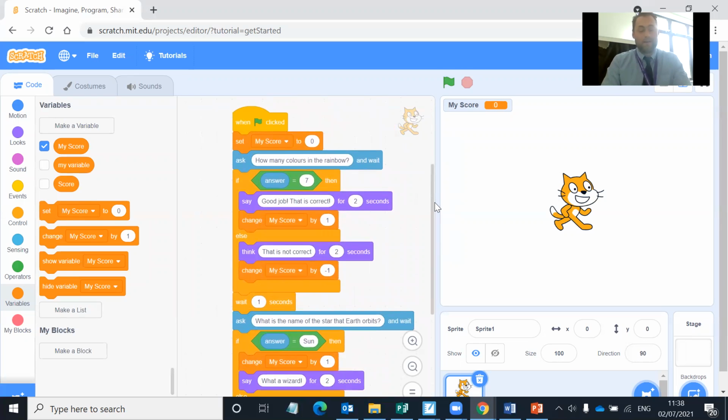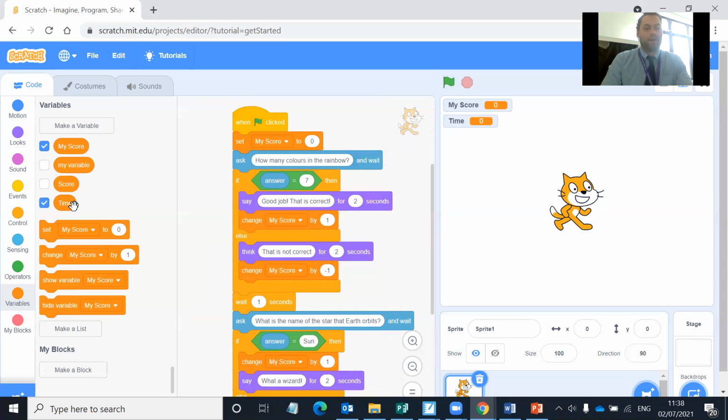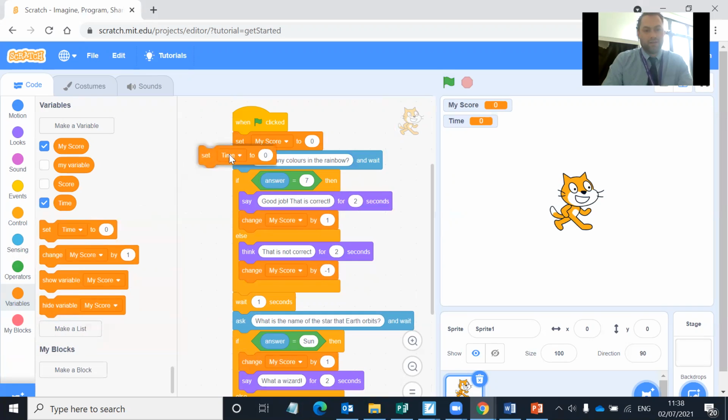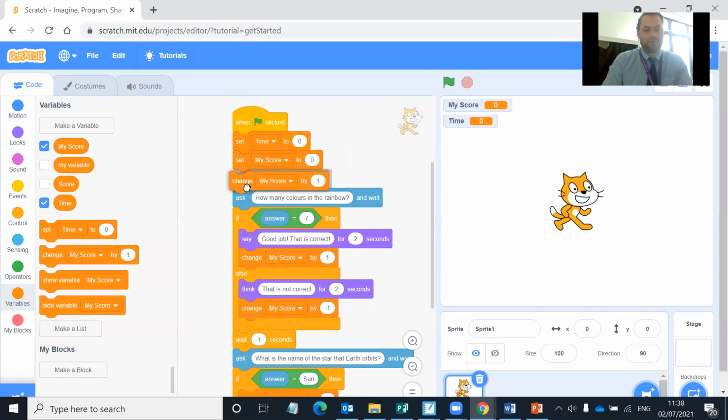You can even have a timer, and I'm going to show you how to do that. So I make a variable. I'm going to put time. This is the name of my variable. So I'm going to set the time to 0 when that is clicked. Okay, and then after that, it's going to change